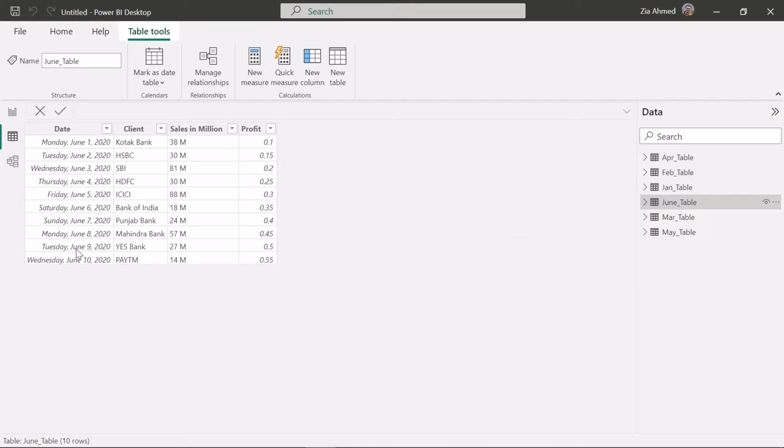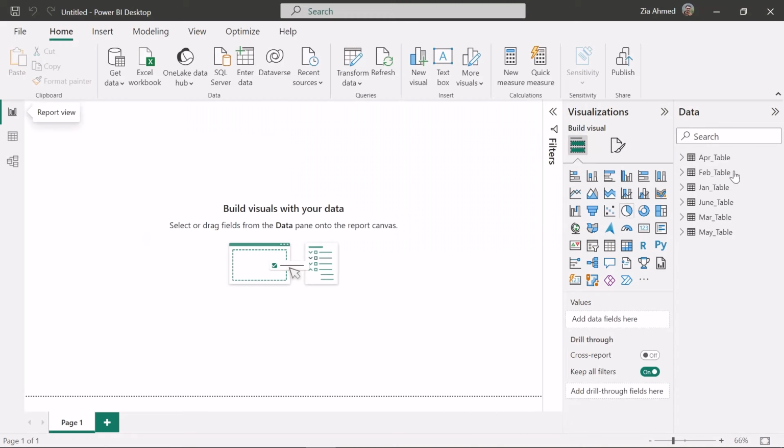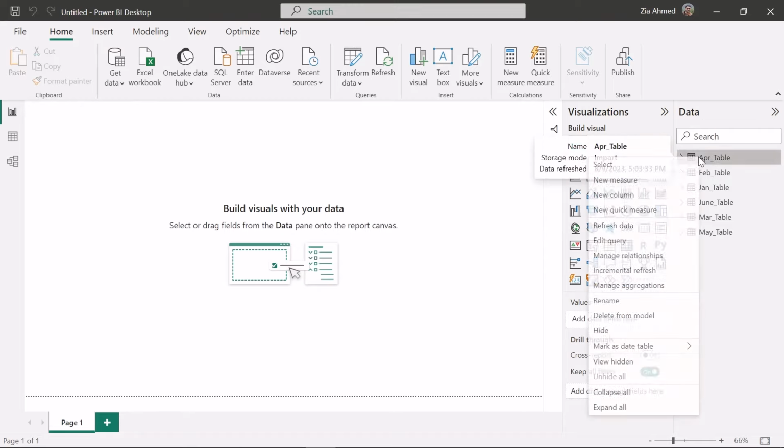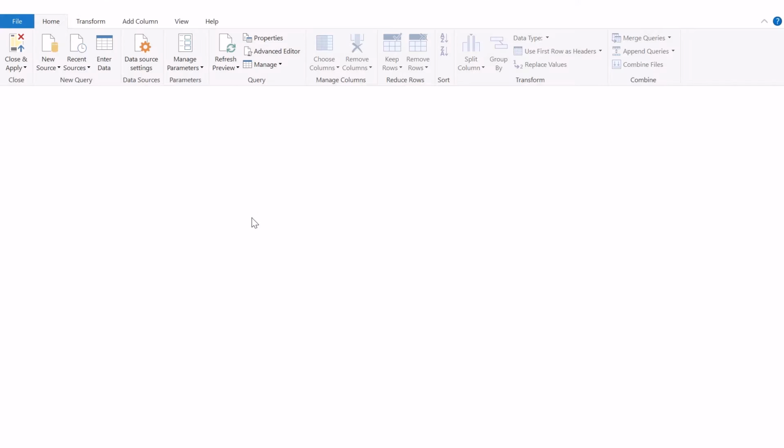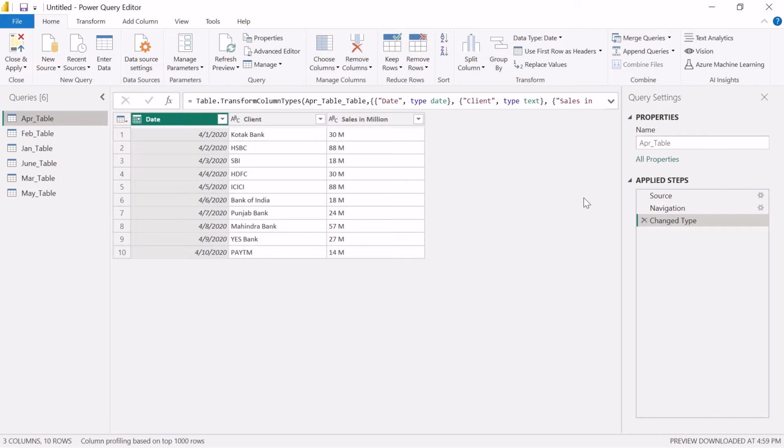So now I want to append the data just like before. What I'll do is come over here, right click, and choose the option edit query. It will open up the Power Query editor for us, where we can transform the data as well. But we're going to talk about data transformation in the next video. For now, we are just going to append the data. So here we have all the tables, and we can check them out as well. Now we'll say append queries, drop down, append queries as new,